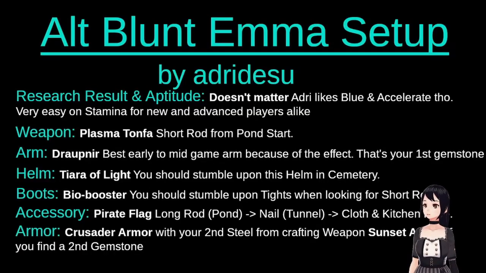So let's do a quick review on the advanced build before I end. We start pound. We get the short rod, like we said. For the weapon, plasma tonfa, building into plasma tonfa. It does not have any specific research result, but he likes blue and accelerate, blue cell and accelerate for the stamina. Arm will be dropped here. We'll get the golden tunnel, as we just said. Tiara of Light, we should find the hairband,